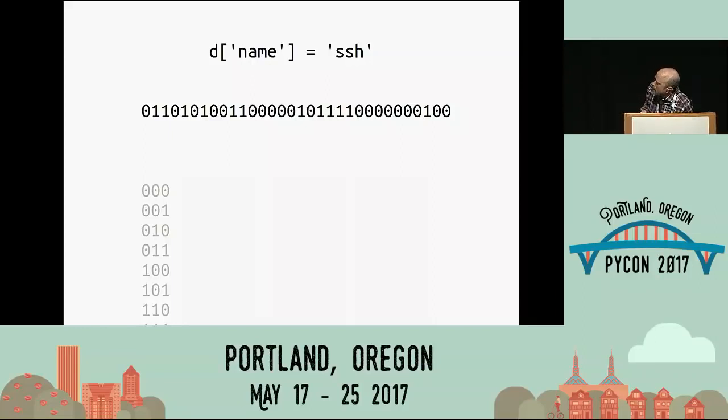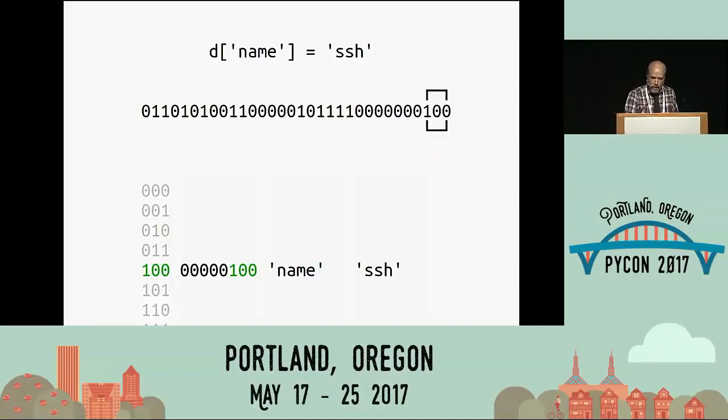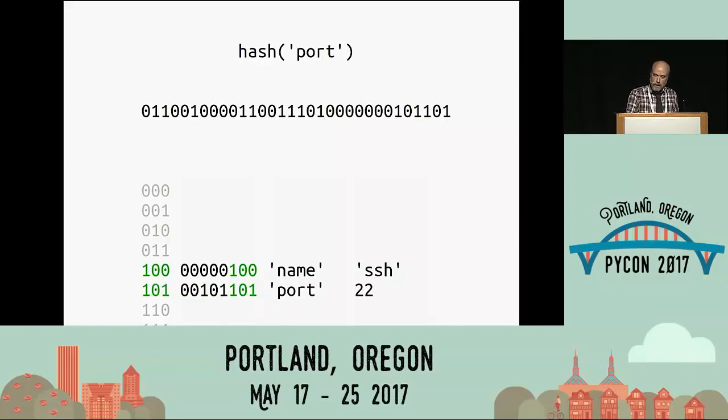This simple dictionary, that's not at all visible on there, is it? I might fix that in a minute if I feel like live coding. We have, as you can see, 8 slots ready to be populated. And so, 8 slots, we will need 3 bits in order to distinguish them. We choose the 100 slot as the one that will hold the key name and whatever its value is, and so that gets written into the dictionary. We now arrive at our second one, hashing the key port. Its hash is 101, so it takes the slot, as it happens, next door.